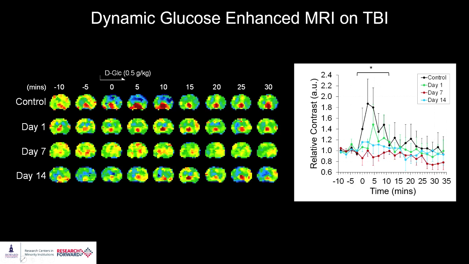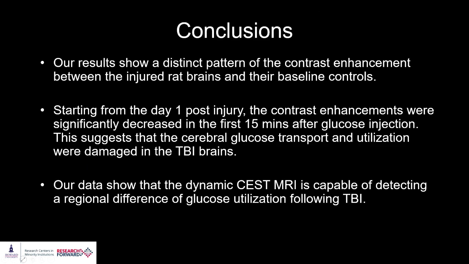These indicate changes of glucose utilization and cerebral buffer in the injured brain that show metabolic disorders, which are related to mitochondrial dysfunction, blood-brain barrier damage, hypotension, and perfusion changes that impair the glucose transport and metabolism in the brain. With CEST MRI, we can now quantify the data from any brain region to show region-specific alterations of glucose utilization. In conclusion,